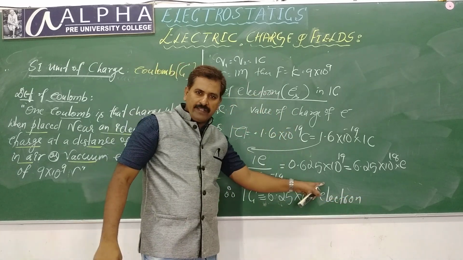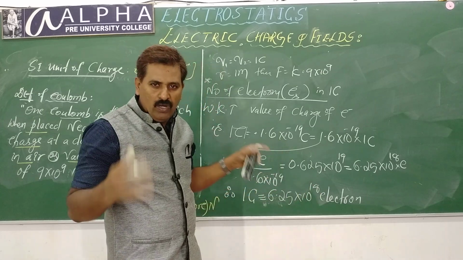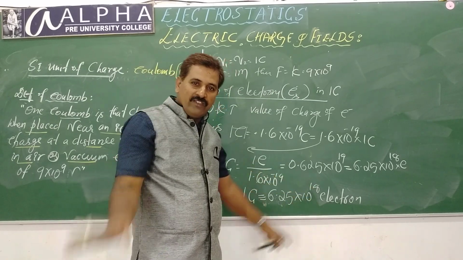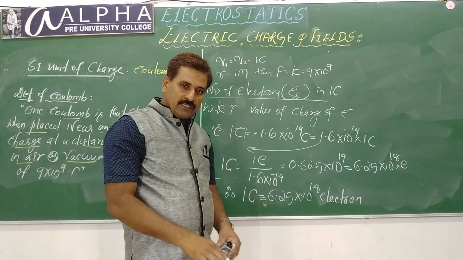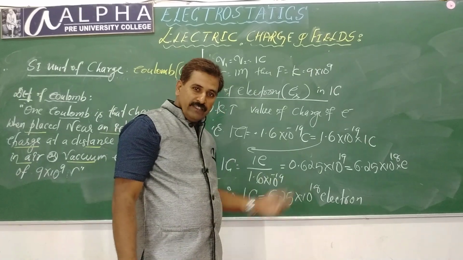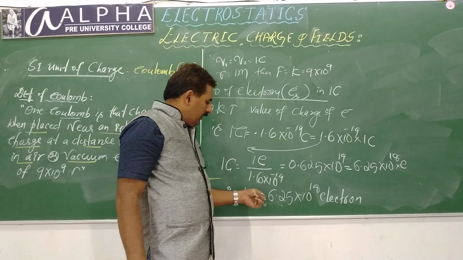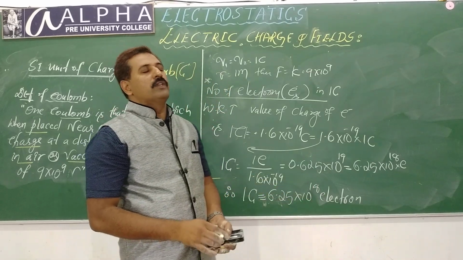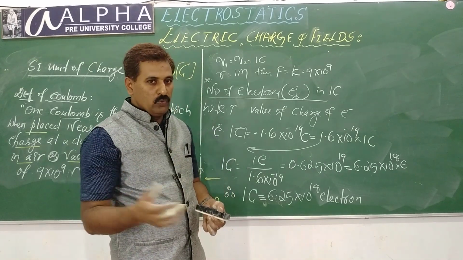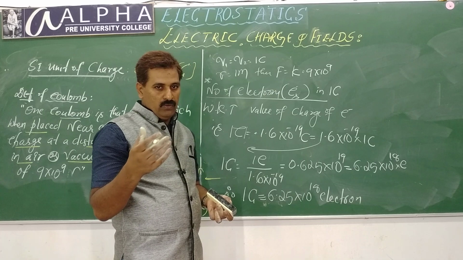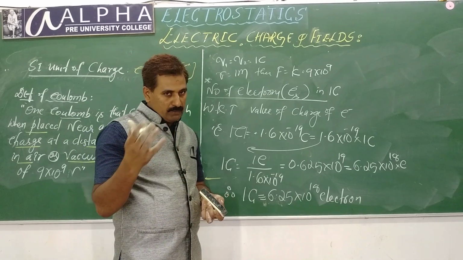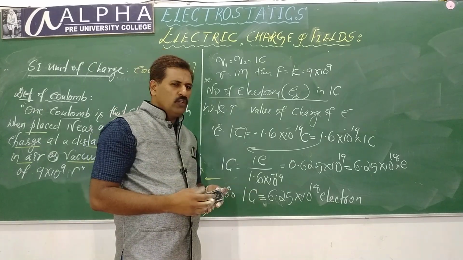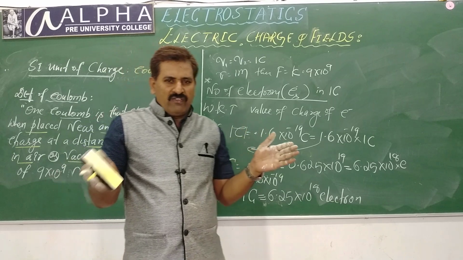See the number 10 power 18. If you start counting 1, 2, 3, 4, 5, 6, 7, 8 up to 10 power 18, you will die half the way. You have to take so many rebirths just to complete counting this number. Such a big value. In terms of the number of electrons, 1 coulomb is 6.25 10 power 18. That's why sometimes we use micro coulomb, nano coulomb, pico coulomb: nano 10 power minus 9, micro 10 power minus 6, pico 10 power minus 12. Coulomb is such a big value for our day-to-day life activities.